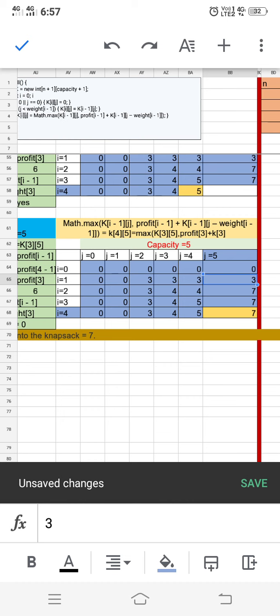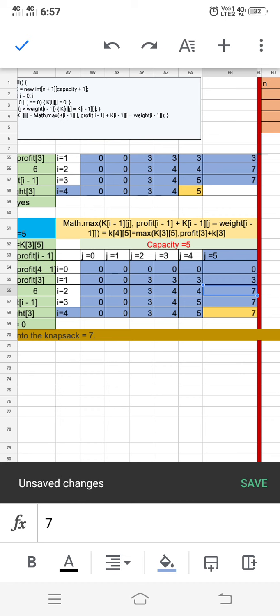Okay, so here when j is equal to 5 and i is equal to 2, if I fill up only the object 2, I will be getting the profit as 4. But now I will try for other previous objects also. The previous object's weight is 2, so I can fill up the first object also here to make j equal to 5. For the second object its weight is 3, for the first object its weight is 2, so 3 plus 2 gives us 5. That means I can add both the objects.